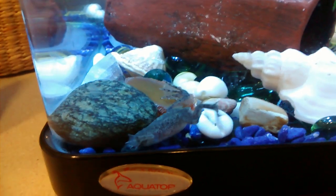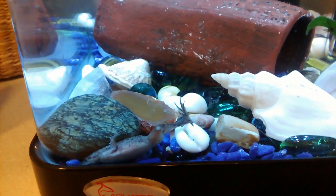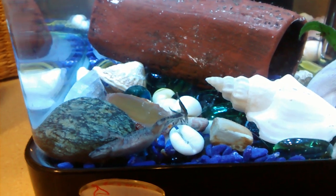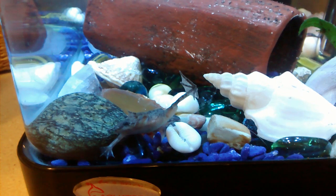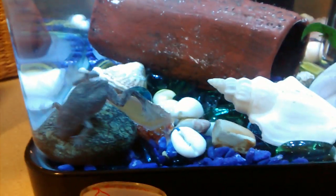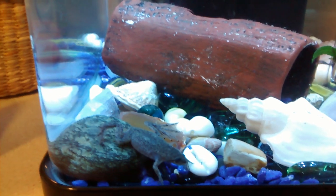I have two African dwarf frogs in my fish tank and one betta fish. Betta fish is really old. He's even got a cataract on his left eye. And I named one of the frogs Frida, the other Freddie, and I thought one was a male, but it